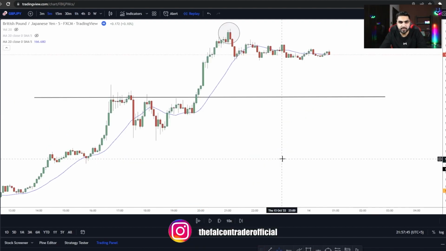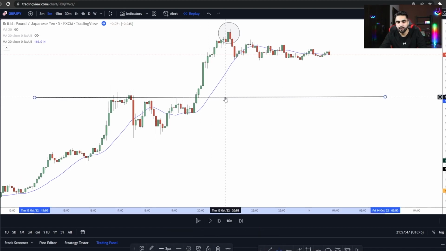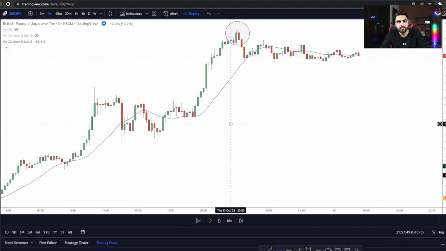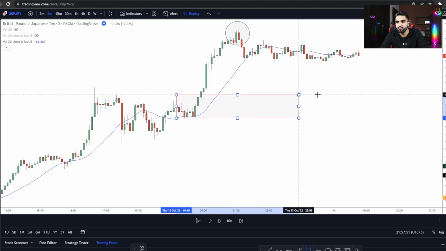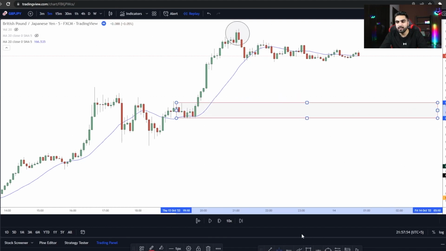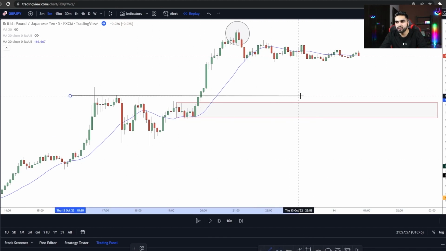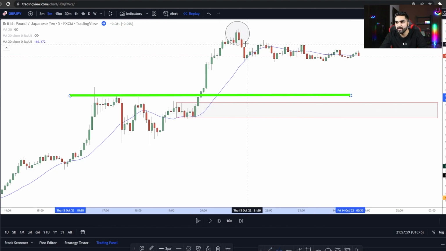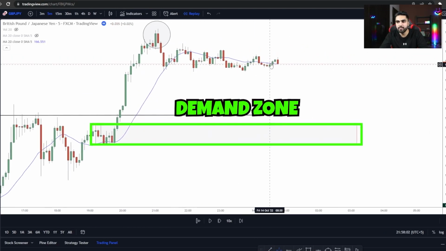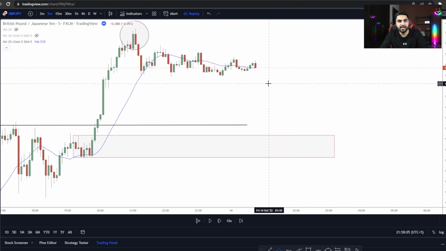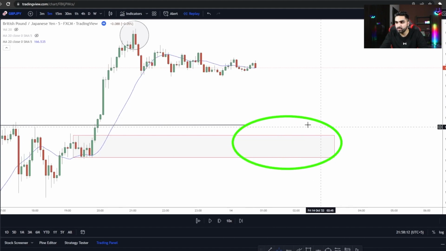So the third step is that on the 5-minute time frame, we have to identify where the demand zone is, and the demand is right here. As we can see, it is also lower than the resistance area that we have broken to the upside. So we are just going to wait until the market comes to this demand zone, and at the same time we need the market to go lower than the 20 period moving average inside the pullback,